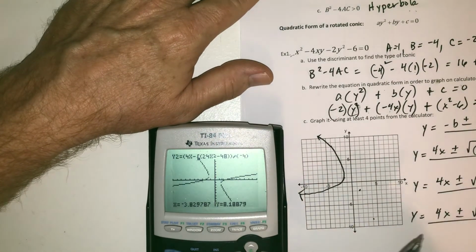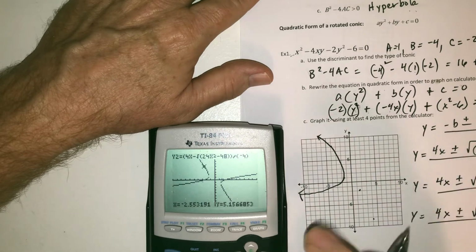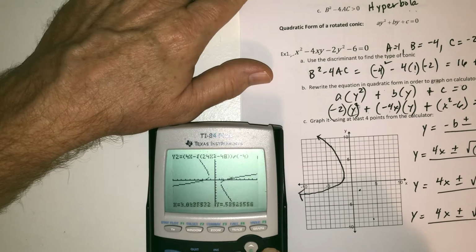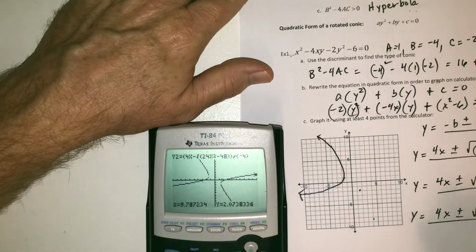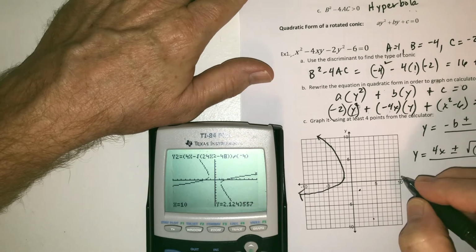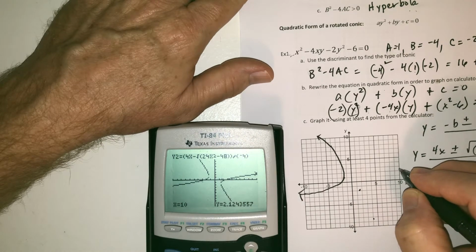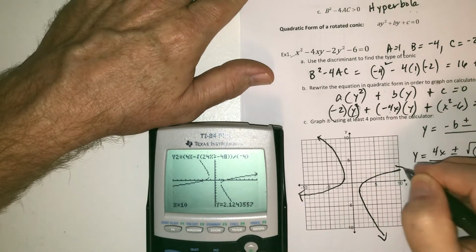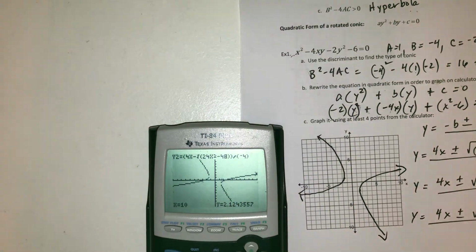Now let's keep going to the right so we can get another point or two over here. It should go up on the upper part over there to the right. We'll get as far over there in the standard viewing window as we can, because that's what we've got here. So we're looking at about 9.8. Oh, there's 10. So when x is 10, you're looking at about 2.1, which would be this point right here. So that thing comes down like that and over like that, and there is your rotated conic. I'm not looking for precise points, because that would require some special calculations. All right, let's move on